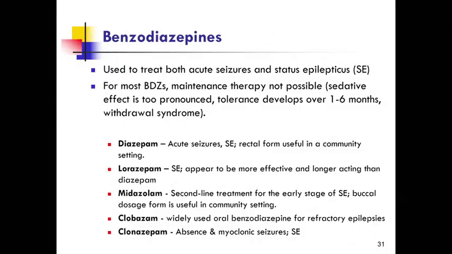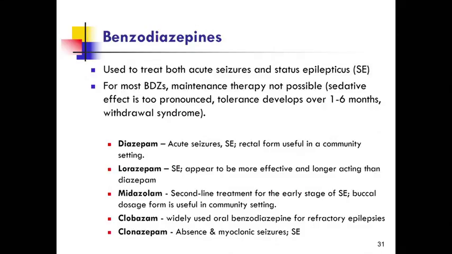Their sedation is pronounced, you are likely going to sleep a lot if you take it. Number two, tolerance will develop in a few weeks, and you may have to be escalating the dose. And then withdrawal, okay? The risk of abuse,